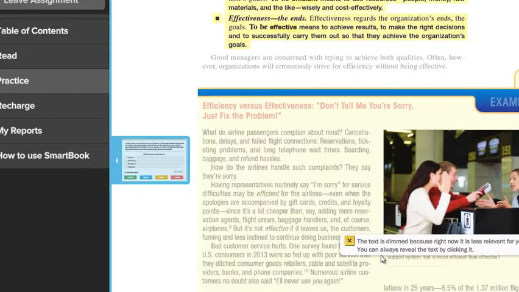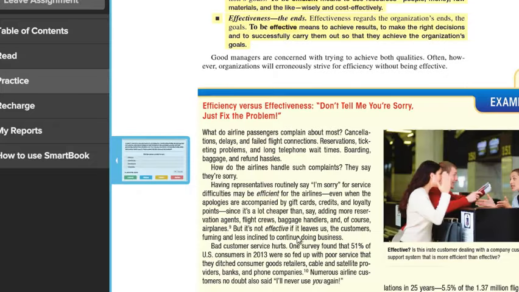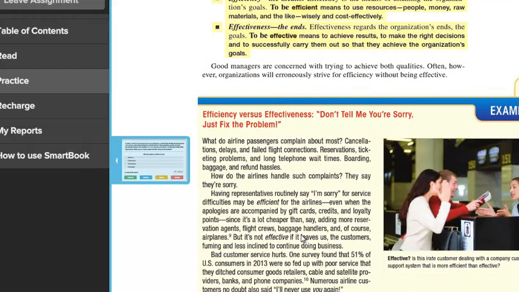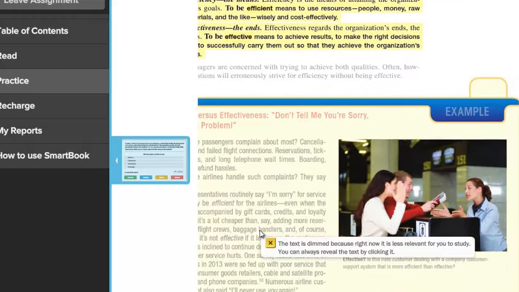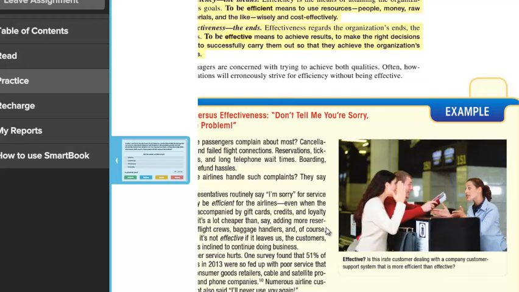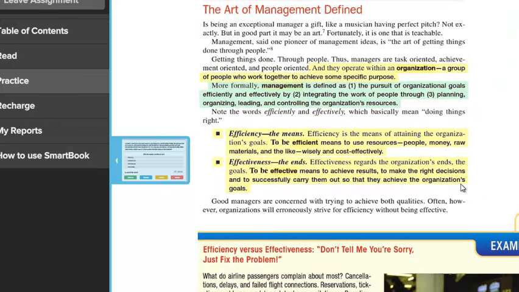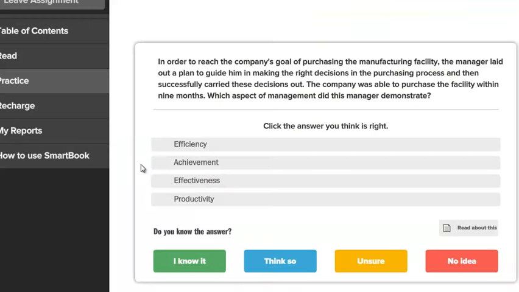It'll pull up the textbook. You can read it. It'll take you exactly to the point in the chapter where this is in the textbook and where it relates, right? So you can now read it in the chapter, read it in the textbook, move around a little bit. It even highlights the things that you need to know to help you answer that particular question, right? And then once you're done, you can click on it and it'll take you back and you can answer it